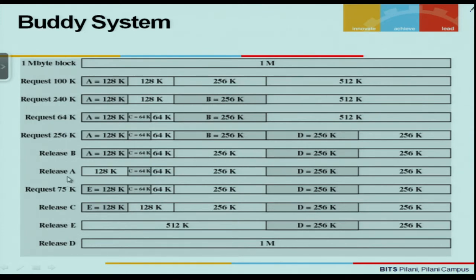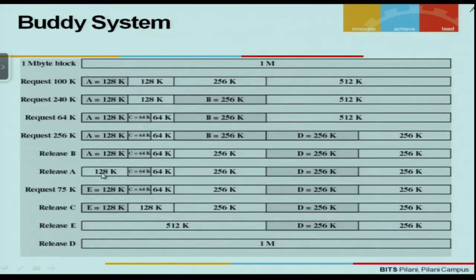After this, when we release a process A, we find that we have 128K free space getting created here. Let's say that one more request comes in, a 75K request.